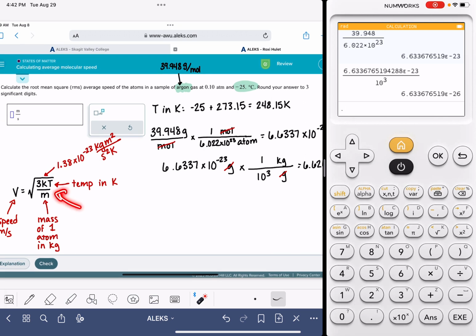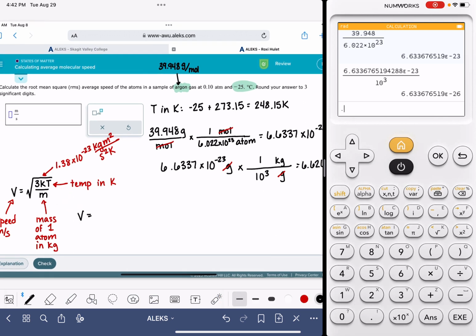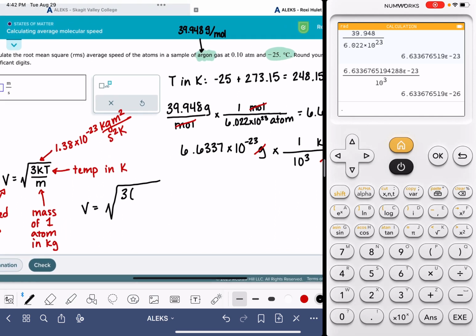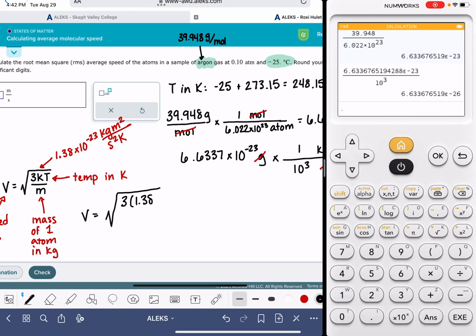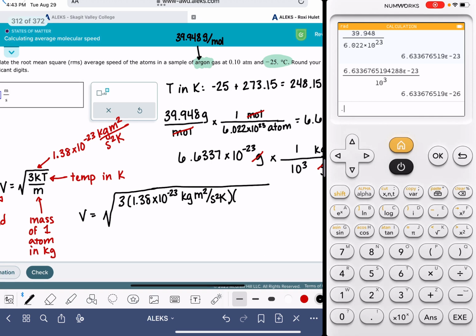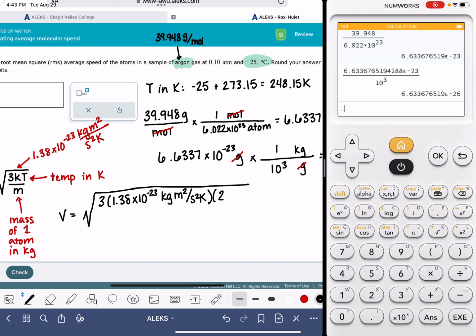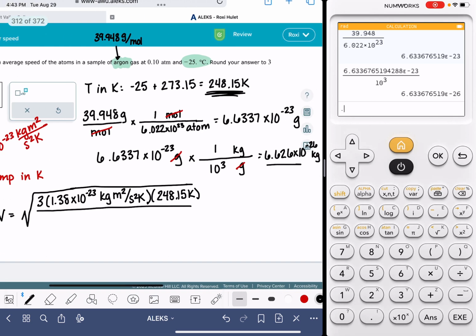So the velocity or the speed of this particular gas is going to be the square root of 3 times that constant 1.38 times 10 to the negative 23rd kilograms meters squared over second squared times Kelvin, multiplied by the temperature in Kelvin, which I calculated up here, 248.15 Kelvin, and divided by the mass of a single atom of the gas in units of kilograms,